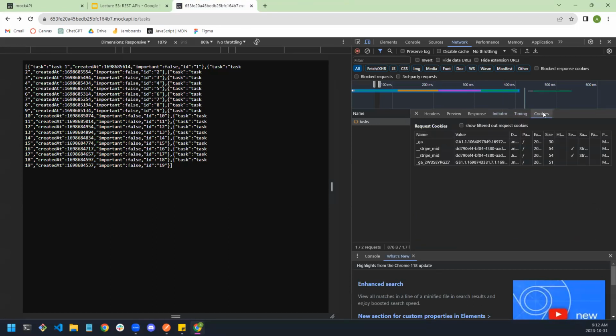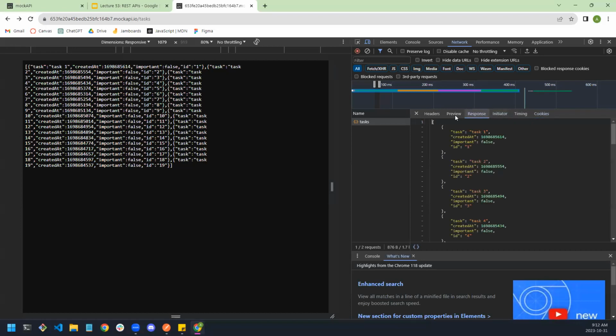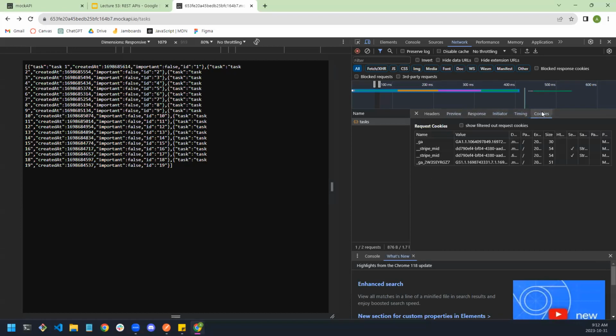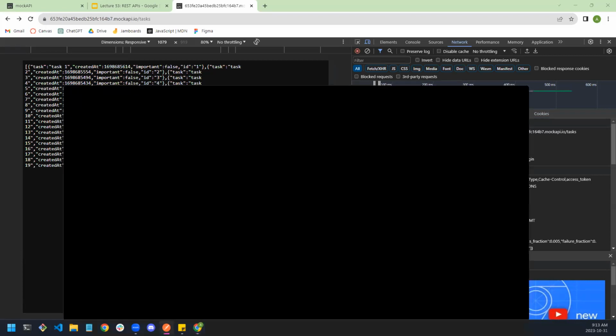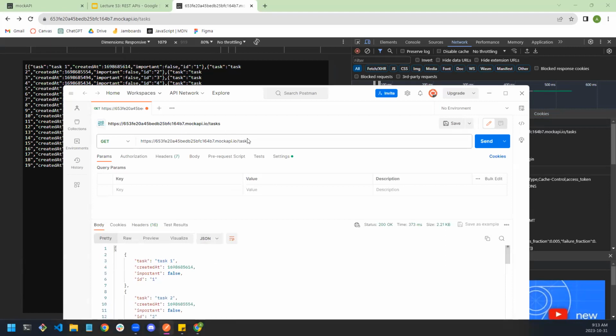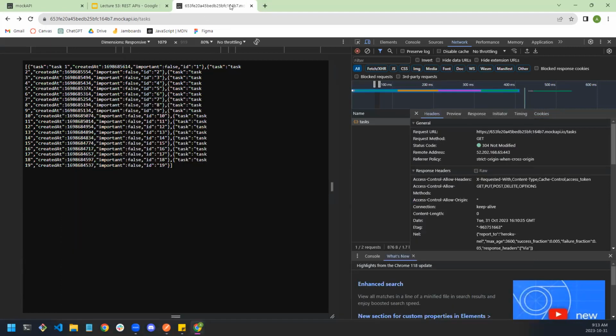Yeah, there's a lot of little different bits here. Cookies. I'm not sure what these are, to be honest. Like I know what cookies are, I just don't know what these are in this context. But yeah, okay, awesome. So as you can see, this is basically the same as this. Now,